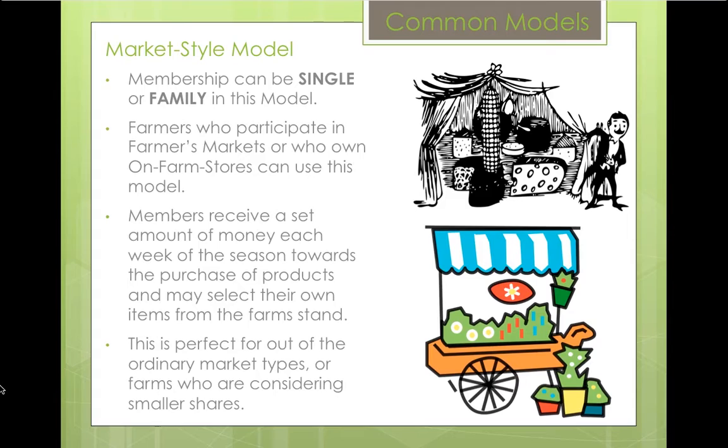The market style model is based solely on the farm having some kind of marketplace. So memberships I generally see are single memberships, but I have seen a very few family members. Farmers who participate must have, as I said, a farmer's market stand or an on-farm store of some kind. And members will receive a set amount of money each week. So they pay either the lump sum or the multiple payments up front, and then that's divvied out over each week of the season towards the purchase of products, and they get to select their own. So instead of receiving a box like the box model, they'll get to pick out to fill their box or bag